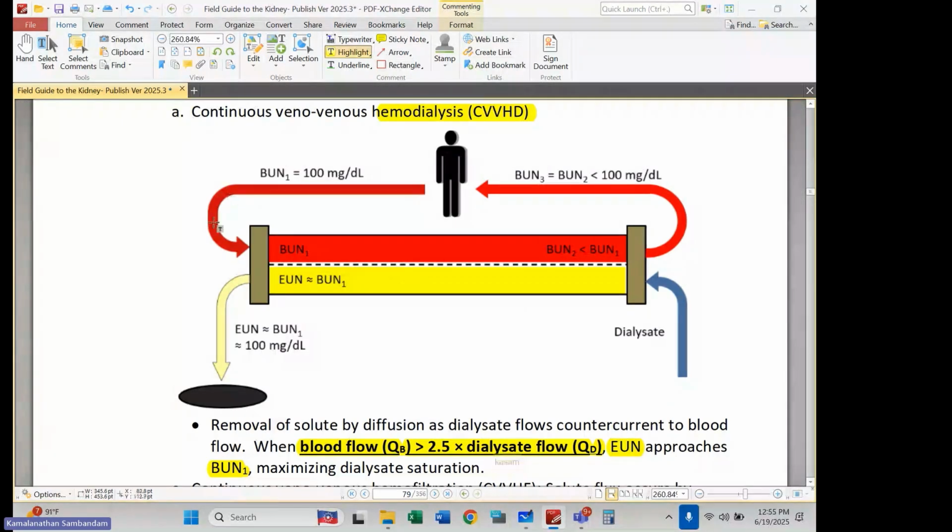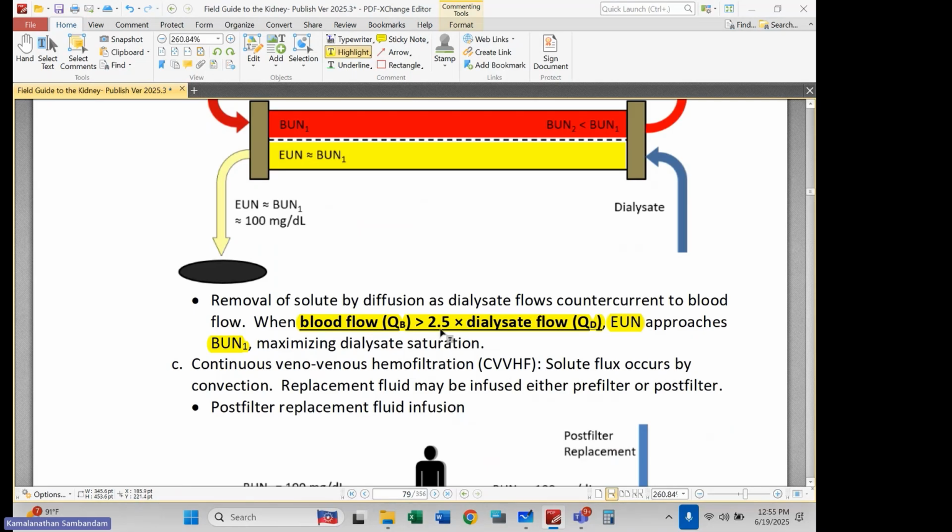If I start running slower blood flow rates, what's happening is my BUN is starting to drop on this side, and my EUN is still becoming saturated, but it's getting saturated with a BUN that is lower than my blood urea nitrogen because the BUN on this side of the compartment is starting to drop. Okay? Now notice that this ratio of 2.5 should be familiar to you when we talked about urea flux